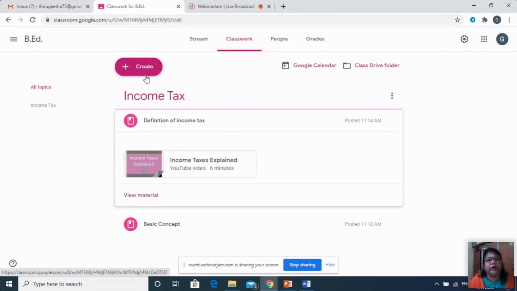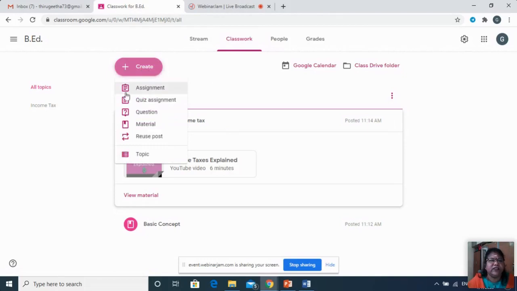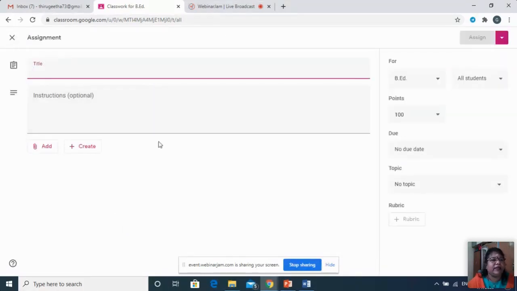Same way, go to classwork and click this plus create icon. Now can you see the first one? This is the assignment. Whenever you want to attach an assignment, just click this assignment. The same procedure we followed under materials, we are going to follow here also. Under assignment, just give a title. Now I'll give a title like